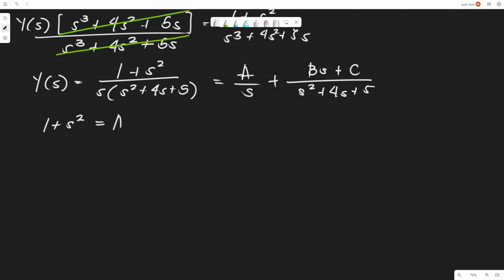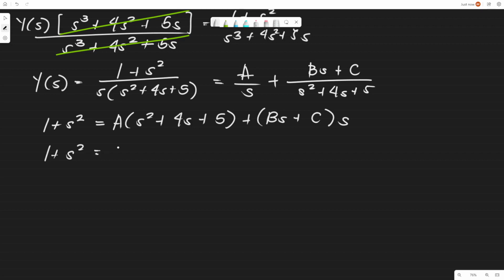This is equivalent to A times (s squared plus 4s plus 5) plus (Bs plus C) times s. Okay, so distributing, we have 1 plus s squared. So we have As squared plus 4As plus 5A plus Bs squared plus Cs. Okay? So, since mas madali naman siyang i-distribute na lang, let's proceed with